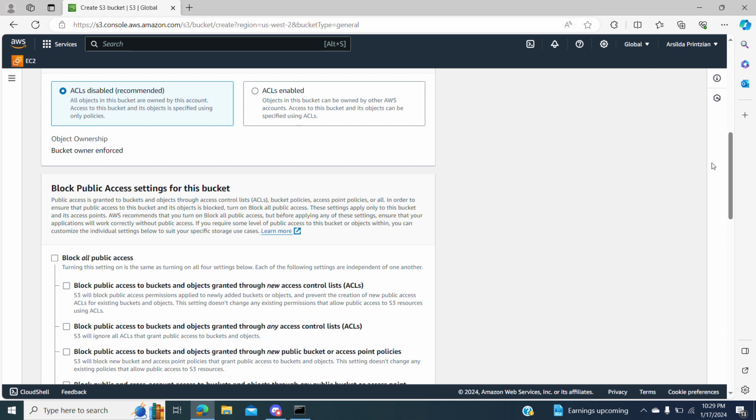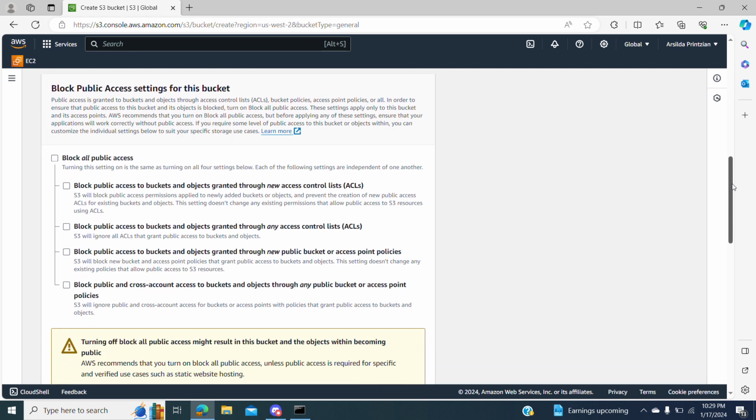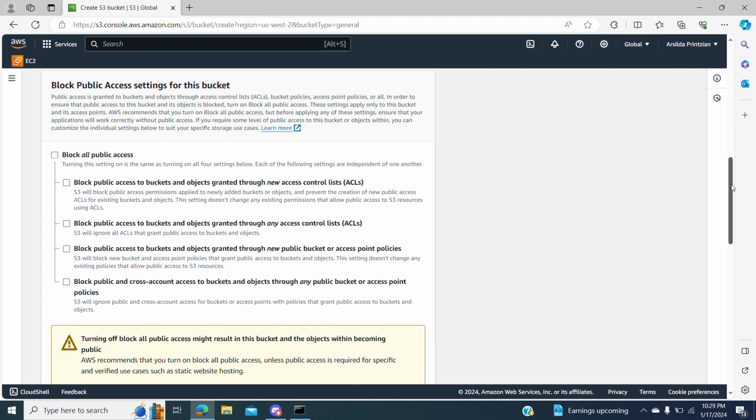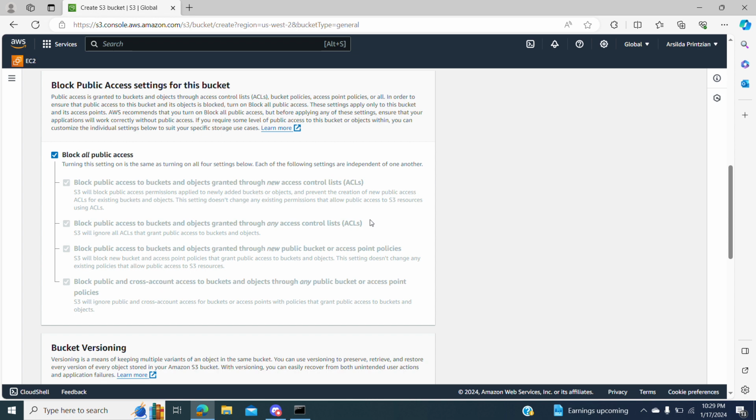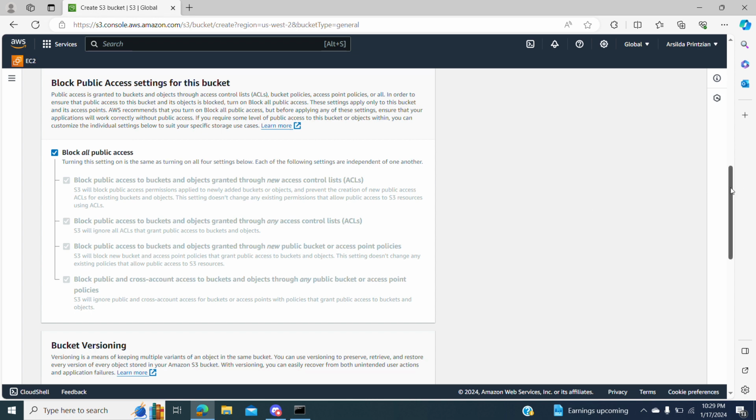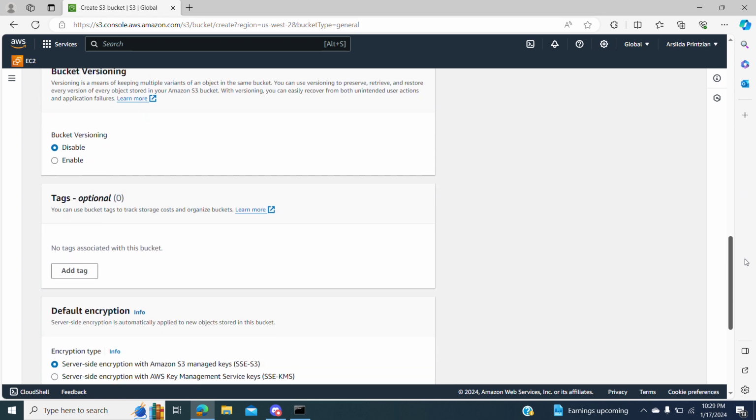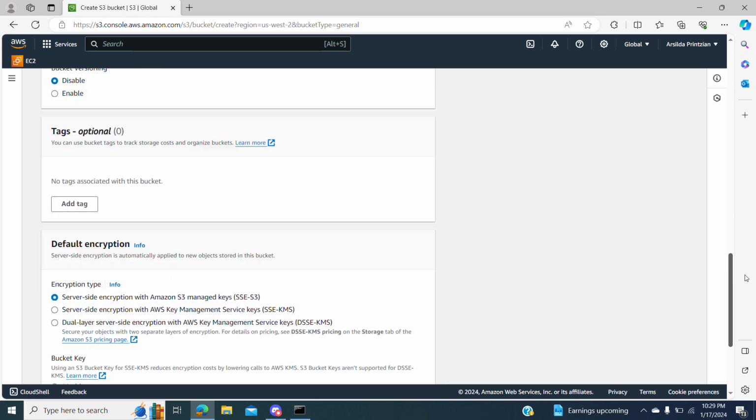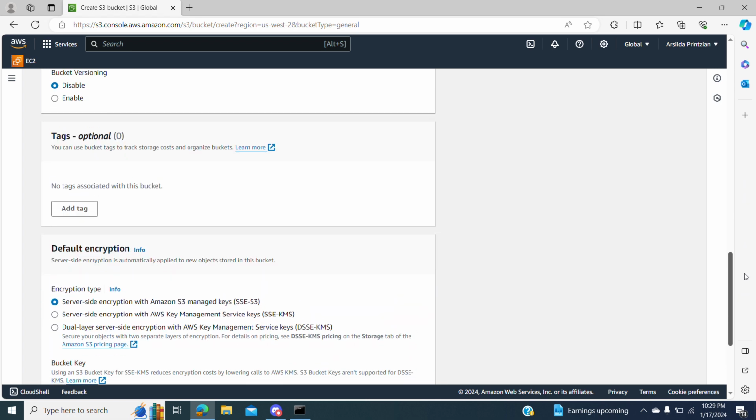You go through the list and check, block, or leave the ones that you feel are appropriate for the configuration you want your bucket to have. Since I'm going to create a private bucket, I just block all public access. And I go further and leave all these options here